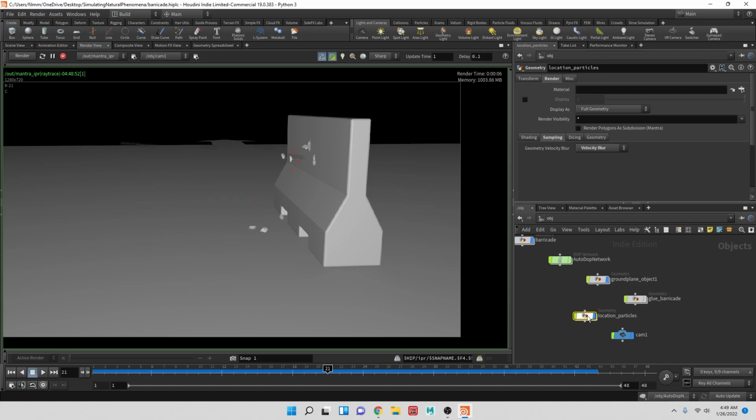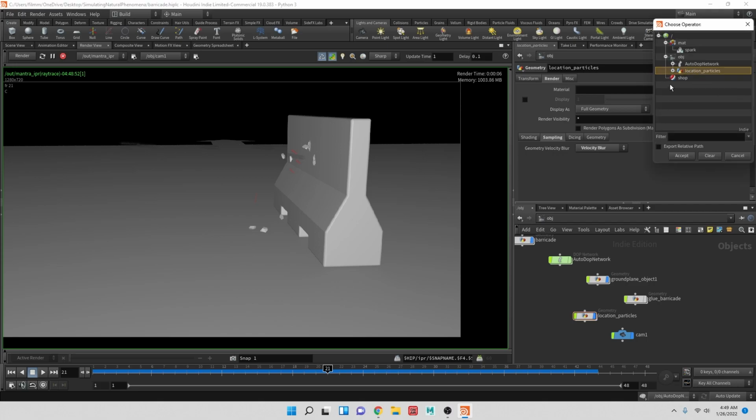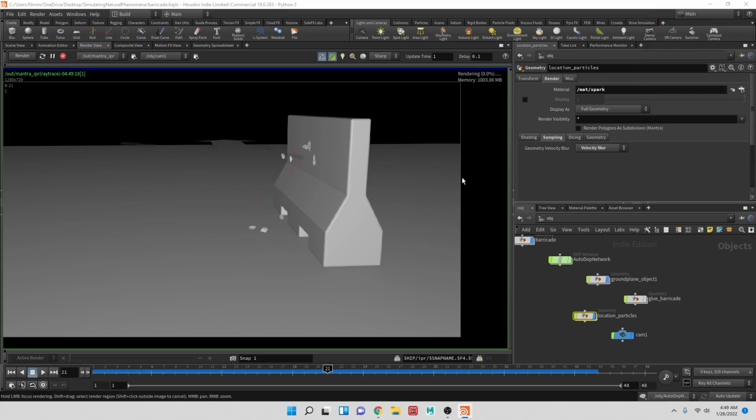Let's see if we go here and add the material onto the node level or the object level, if that changes things. Yeah, we can see now we're getting that high glow. So what I'm going to do here to be able to get the